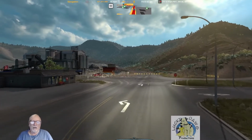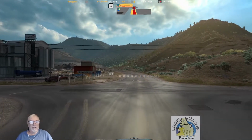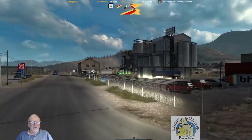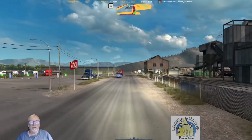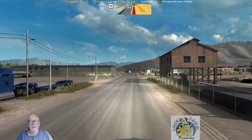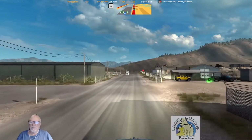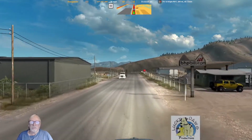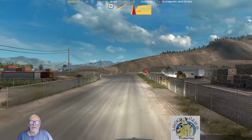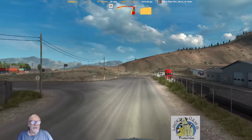You know, there's copper mines up in Canada. At least I know on the east side. Left. There's a lot of copper mines. This kind of looks like it could be a mine. I don't know. Maybe not. I see a mobile home park up here on the left. This does look like a mining area. Yeah, turn left. They mine out the copper up here. You always wonder where copper comes from. Well, a lot of it I know comes up from Canada, at least on the...